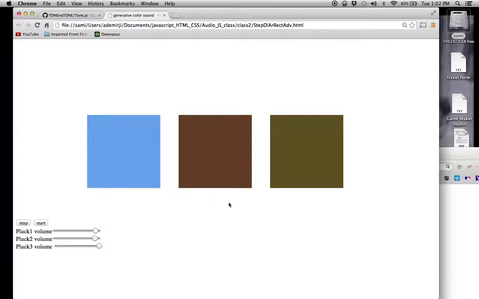Okay, so you can see how it's a generative piece that's combining visual and sonic images. I'm totally happy if you just want to do something that is sonic. That's totally cool